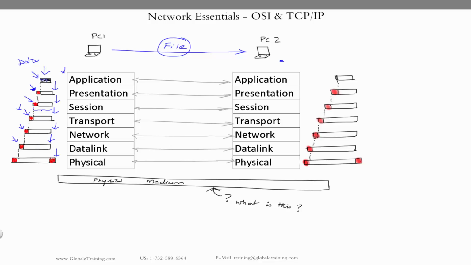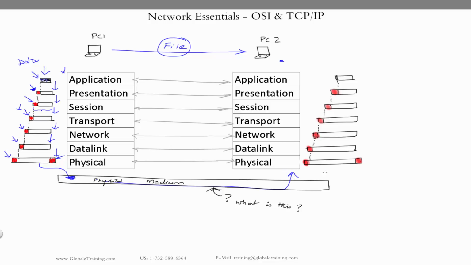Now the physical layer adds a header and a trailer, and then this is put on the wire, the actual physical cable. Now it's passed on to the cable. Now this packet travels in the network cable and reaches the destination PC.